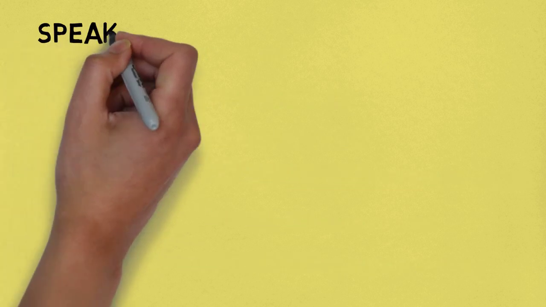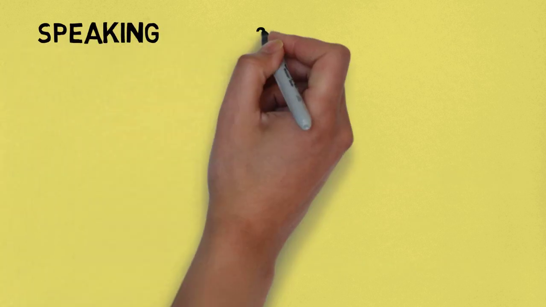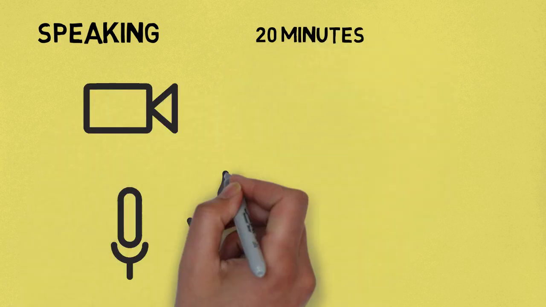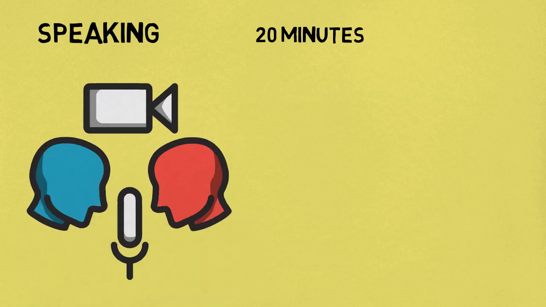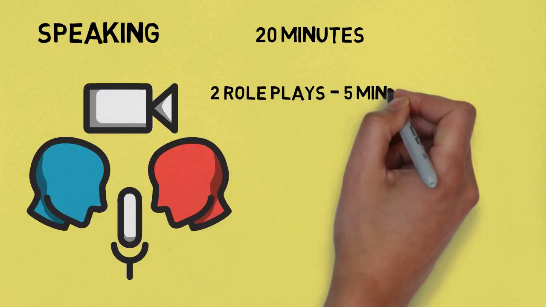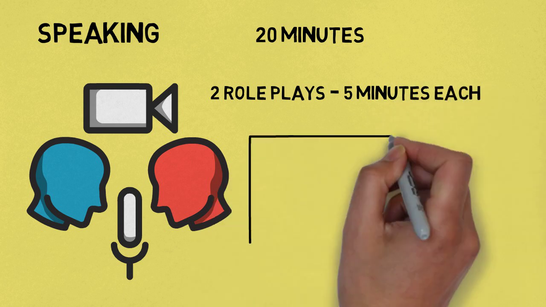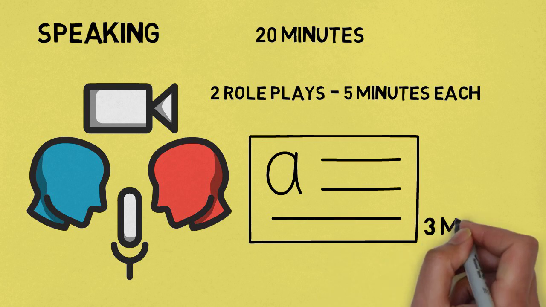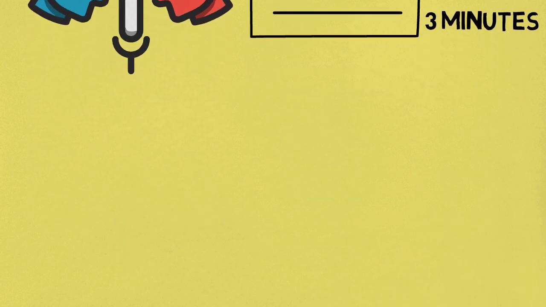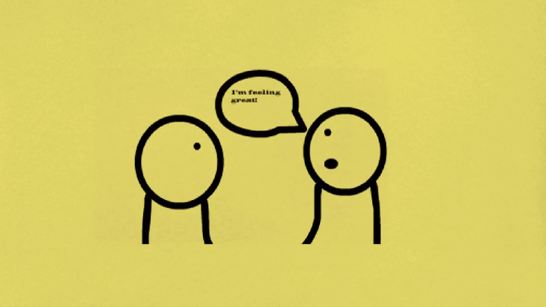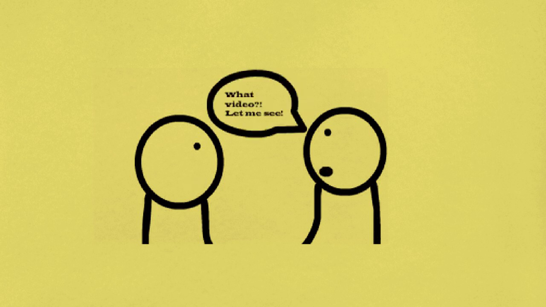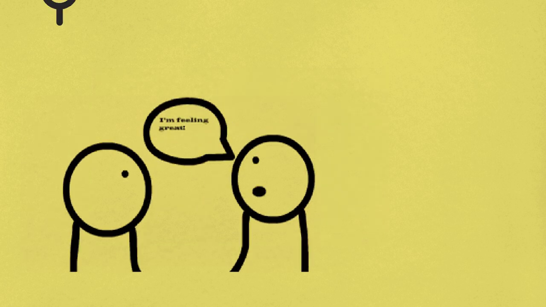The last subtest is always the speaking subtest, which is 20 minutes in duration. Here, there will be a face-to-face encounter with the role player. You will be given 2 role plays of 5 minutes duration each. You will be provided 3 minutes preparation time for each role player card. There will be information given in that card and once you are ready, you have to communicate with the role player. The communication is recorded and then sent to the examiner for marking.